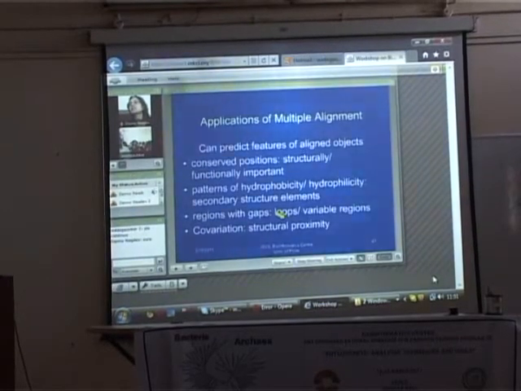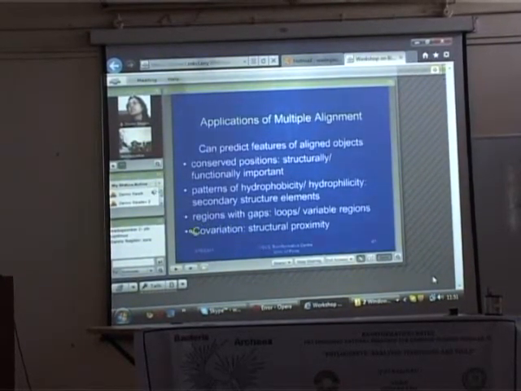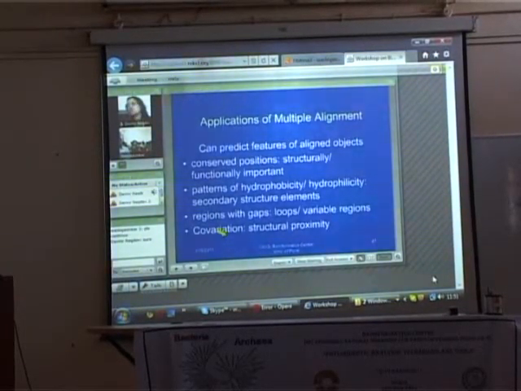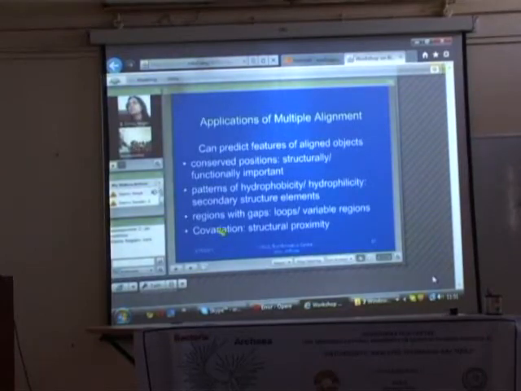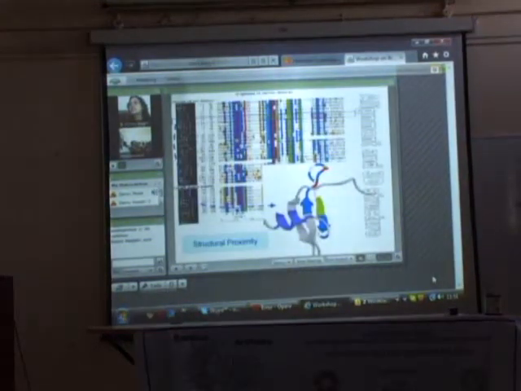And another important feature which these MSAs reveal is the covariation. So in a minute I will explain what this covariation means. It is a covariation in two different positions in the sequence, between the two sequences which you are trying to compare. I will explain that with the